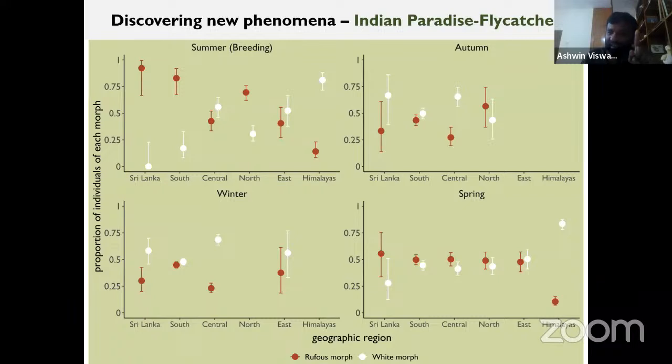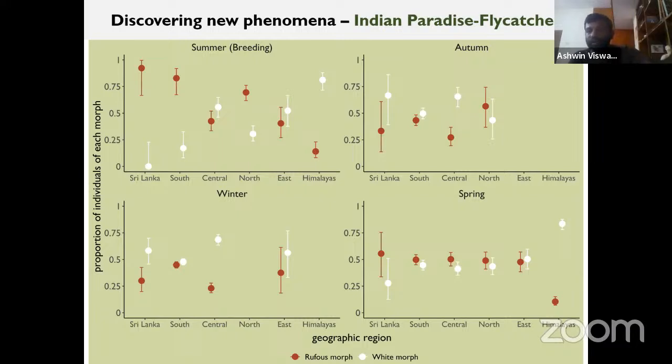Now, how are these points and these lines above the points, what do they represent? You look at the y-axis here, it's a proportion of individuals of each morph for the males as seen in the photos. So it's easy to make out whether a paradise flycatcher is male or female. Males have a black throat. Females have a grayish throat. So if you see a photo of a black-throated individual, then you can assign them to either rufous or